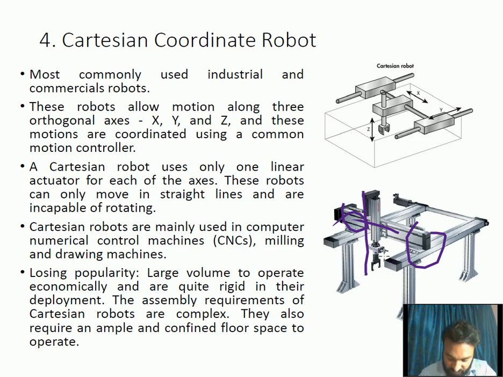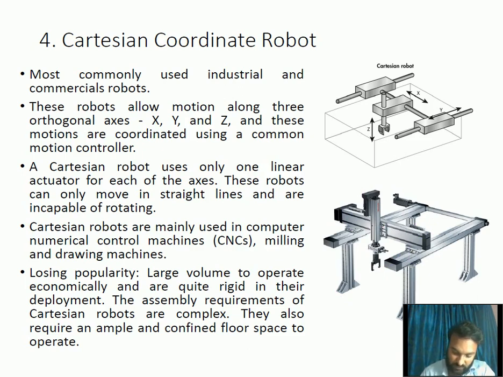Again this can be used for picking and placing parts, but we justify it only when you are using a very large volume. That means for mass production we can use it. We can use it along with CNC machines. We can use this Cartesian coordinate robot for picking and placing the parts on the table for the operation on the CNC machine. When the operation is completed, we can use it to take the parts away from the machine. Okay, I hope it is clear to everyone.